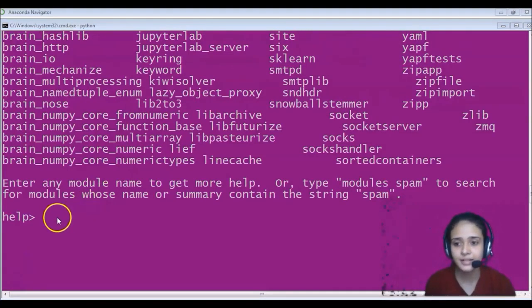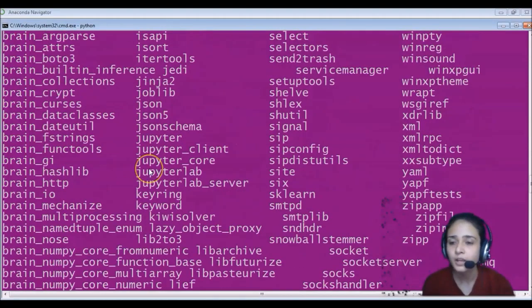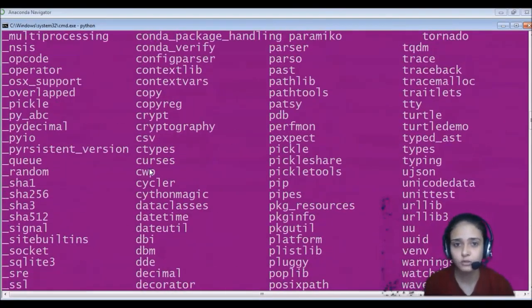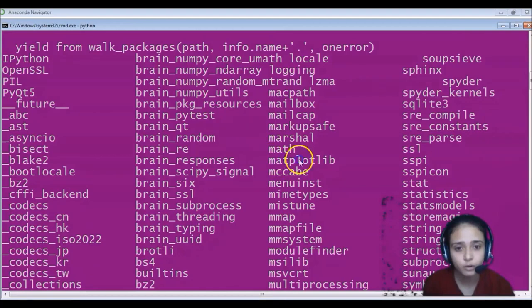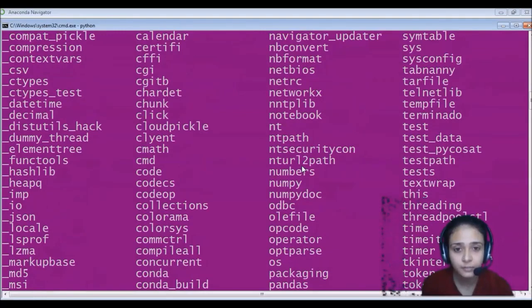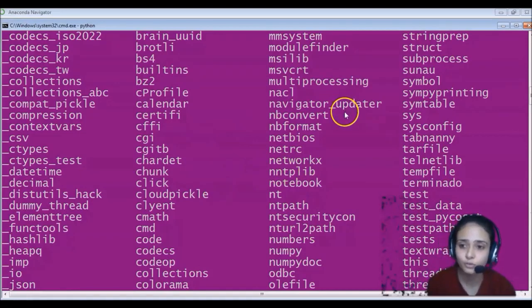So that modules command has successfully executed, and it shows me at last the help prompt, and my cursor is blinking like this. So all of this above is my output of the modules command. It gives me the list of the libraries or modules which are currently installed in my configuration of this particular Anaconda Navigator. You can see the Matplotlib library over here. That Matplotlib library is installed. This list shows the different module names in alphabetical order.